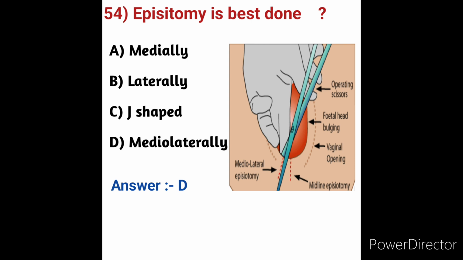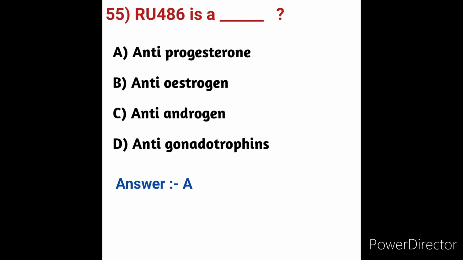Next, move on to question number 55. RU486 is which of the options? Option A, anti-progesterone. Option B, anti-estrogen. Option C, anti-androgen. Option D, anti-gonadotropins. Here RU486 is a medication typically used in combination with misoprostol to bring about a medical abortion during pregnancy. Okay friends,